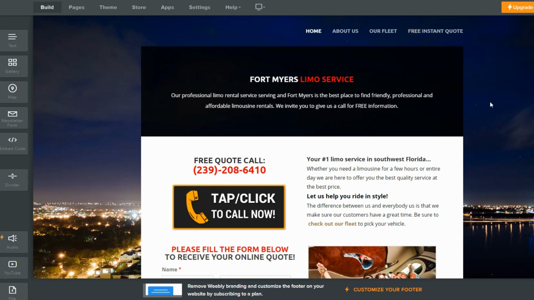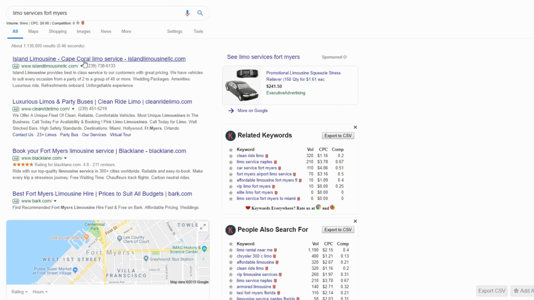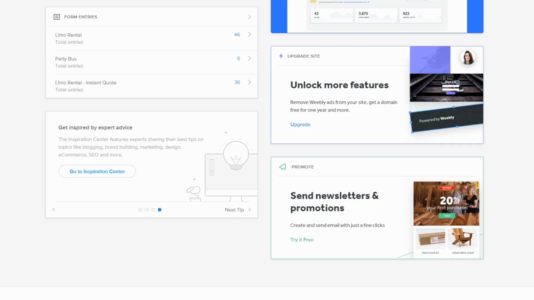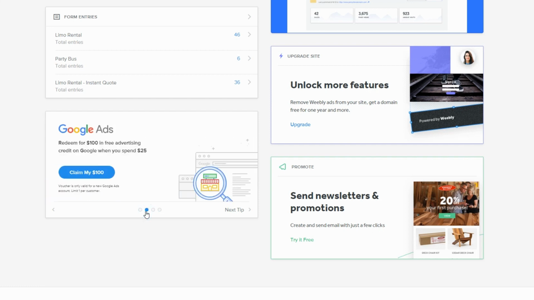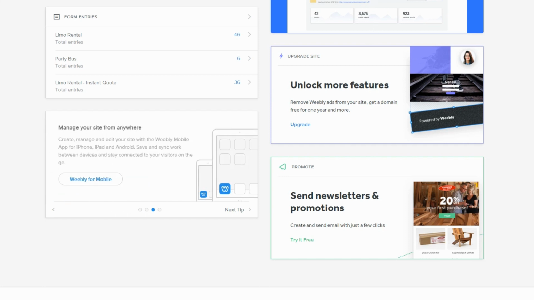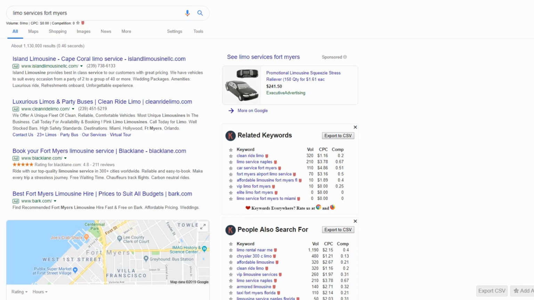And then once you do that, there are two ways for you to start getting leads for your website. One is using Google Ads, which is the same thing these guys are doing right here. And then you can start using a free $100 coupon that Weebly provides, I believe, here we go. Basically, you get a $100 coupon and you can spend it on your website, and you can start sending some traffic to it. And typically you can get a few leads.